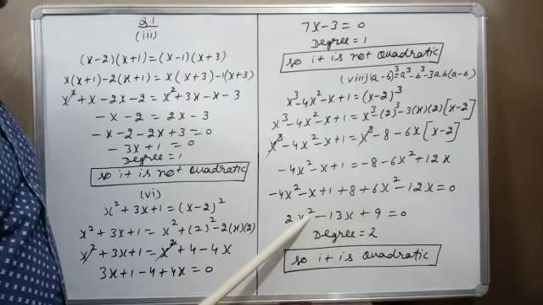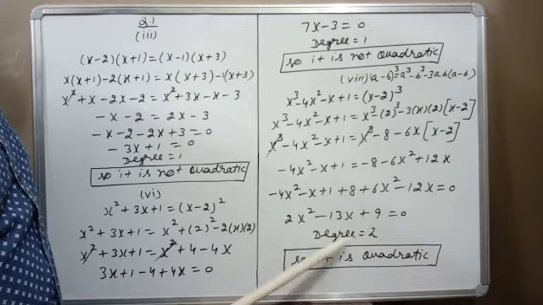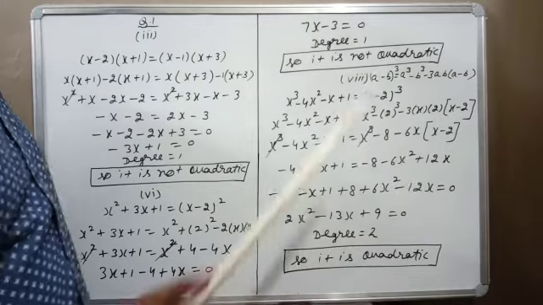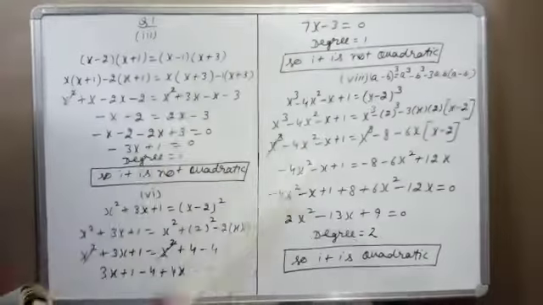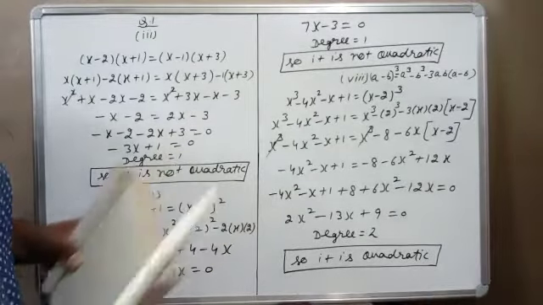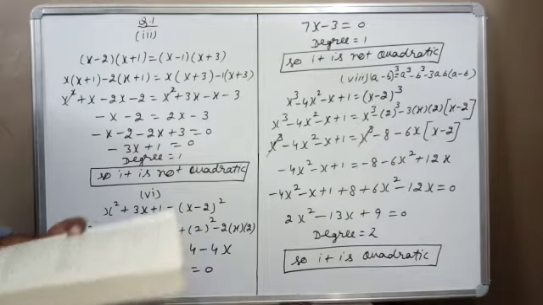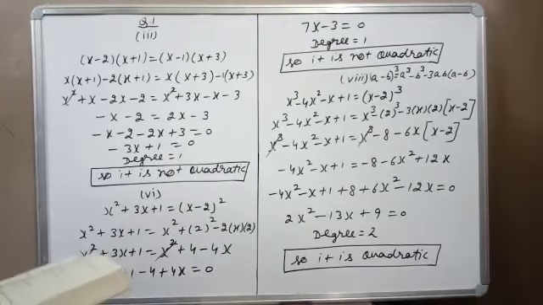So if you see here, highest power is 2, it means degree is 2. If degree is 2, then it is quadratic. So this question has 8 parts. Out of these 8 parts, I solved 4 parts. So the remaining 4 parts you have to solve yourself. I think there should be no problem in solving the remaining 4 parts. So tomorrow we will discuss first question of exercise 4.2.